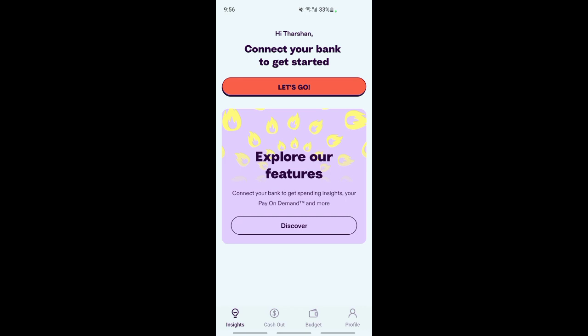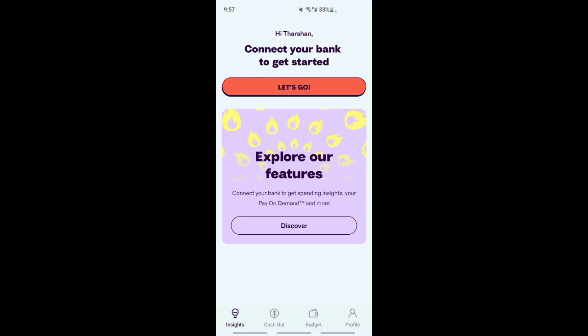Once you log in, or once you've signed up and created your account, you'll see something like this here. Now that we have the app and we have created our account, the next thing is we need to connect our bank account. Connect the account that your salary or your pay goes into. Connect that bank account with BeforePay. Once you connect it, BeforePay will access your salary details and then work out